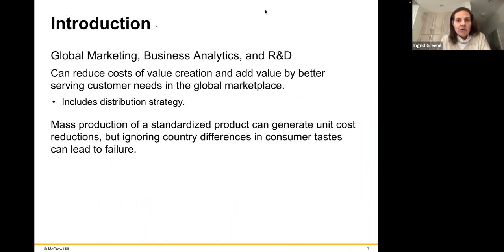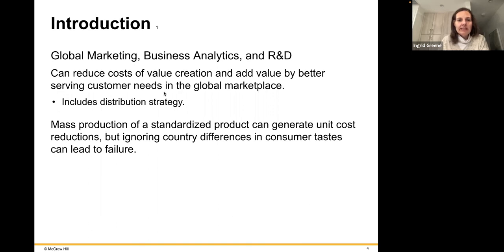How do they find out what are the best new ideas for this product? The author puts all these things together because he feels that marketing has a job to find out what people want and then communicate that to R&D to develop a product that people are needing or wanting. So we see here that it can reduce costs of value creation and add value by better serving the needs